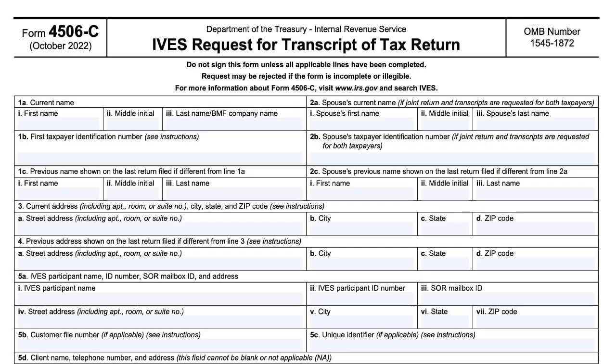So starting at the top, you'll enter your current name. Write your first name, middle initial, and last name exactly as it appears on your tax return. And right below that, enter your social security number or ITIN. If you filled out a joint return, there's a section on the right where you'll add your spouse's name and